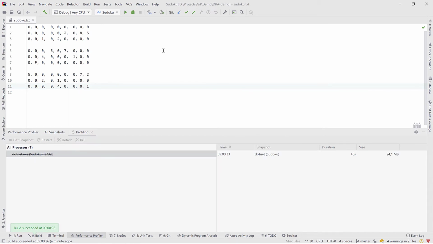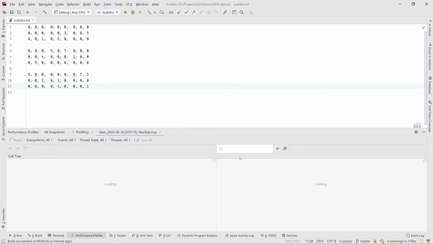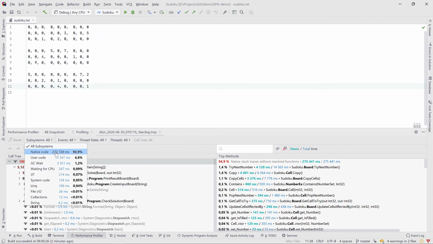Our application run has now finished, and we can now dive into the snapshot that was captured by the profiler. In the snapshot, we will see all of the different methods that have been called and how much time they took in general. And because we had the timeline profiling active, we can also do filters on subsystems. So for example, we can figure out where time was spent in terms of file I/O,